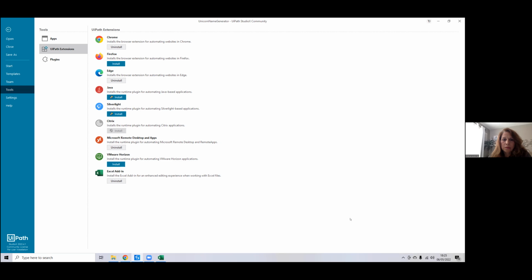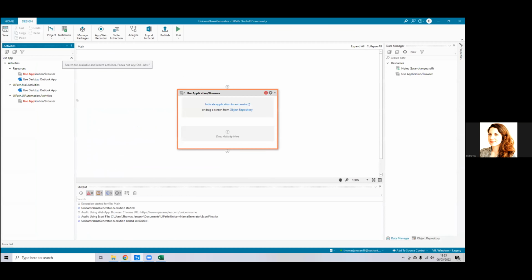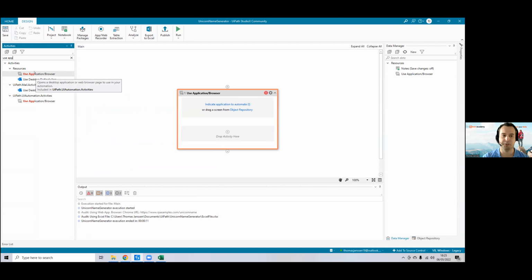Okay, I think that's enough time. Probably everyone has installed the extension for the browser. Definitely. So we have a use application browser. If you don't have this activity yet, search for use app, and then drag this use application / browser